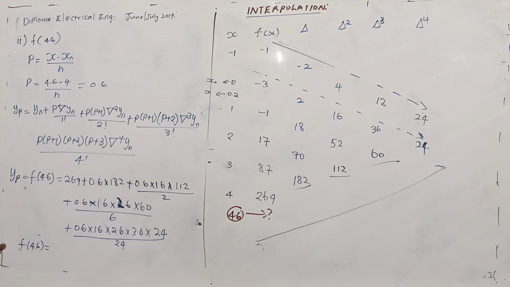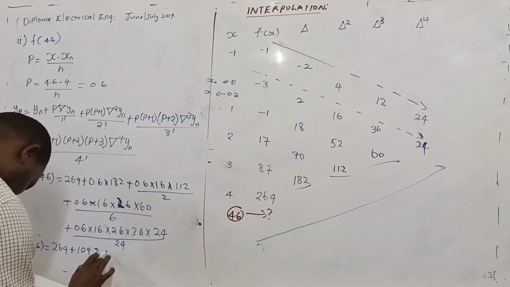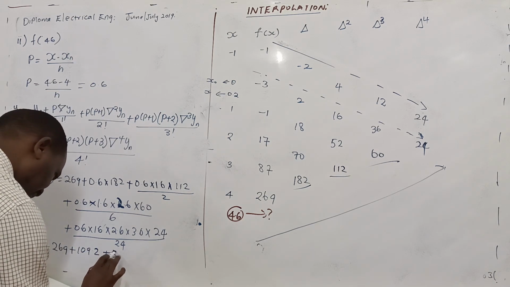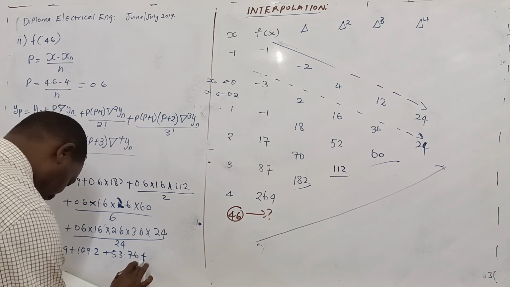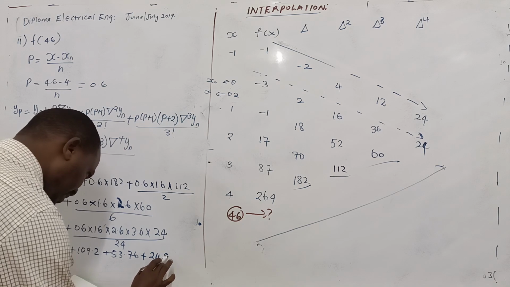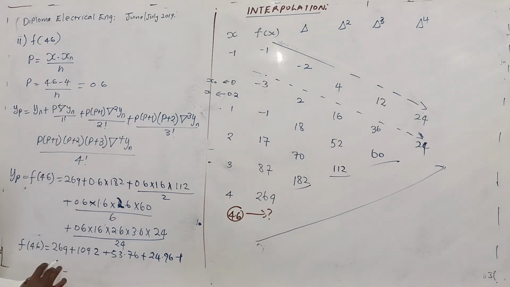Now f of 4.6 is equal to 269 plus, I will not keep on working it out using the calculator, 109.2, plus 53.76, plus 24.96, I hope there's nothing wrong, plus 8.9856,